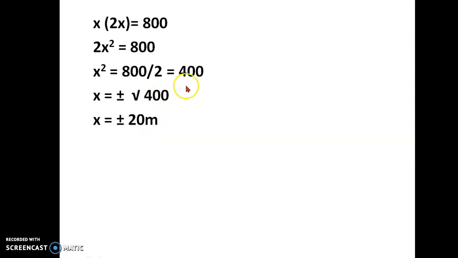You know, right? So you have 2 zeros here. So you write 1 0 in the root. After taking the root, you will have 1 0. This you would have studied in your earlier classes. So you have 2 zeros here, so write 1 0 in the answer and 4 here. 4 is a square number, so the root of 4 is 2. So 2 0, that is 20 you will get when you take the square root of 400. You need not do a lengthy calculation; by seeing itself you can do. So 2 zeros will be written as 1 0 and root of 4 is 2. So 20 you got, plus or minus 20 meter.